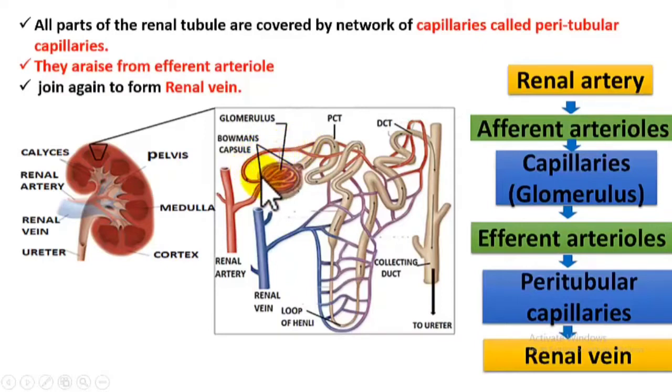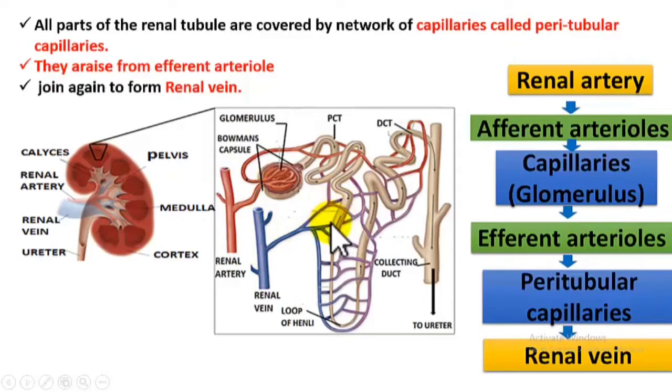This efferent arteriole after coming out from the Bowman's cup, it breaks into capillaries. So artery annaka capillary gane kada break avali. Efferent arteriole means it is an artery. So again capillaries are made. These capillaries wrap around the renal tubule region. So this tubular region is wrapped by the peritubular capillaries. See here these fine blood capillaries which are forming a network like structures around the renal tubule is what is called as peritubular capillaries. These capillaries now they join to form renal vein.